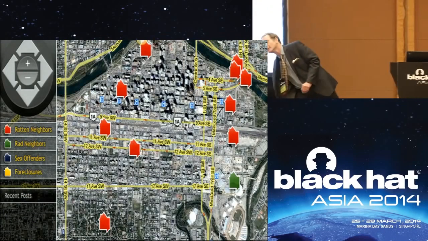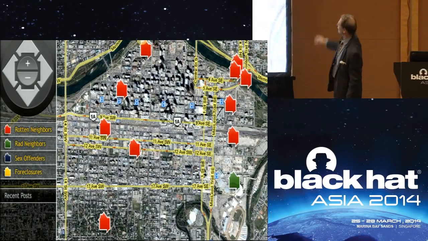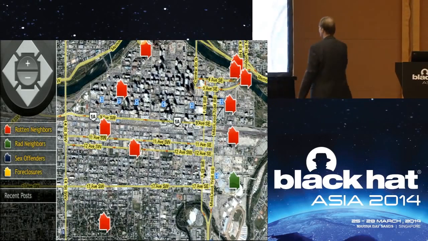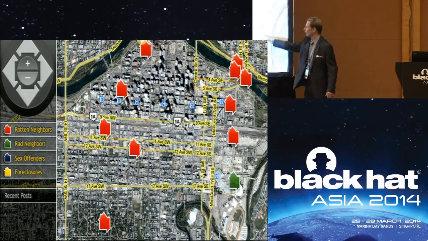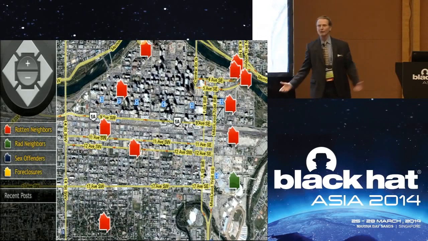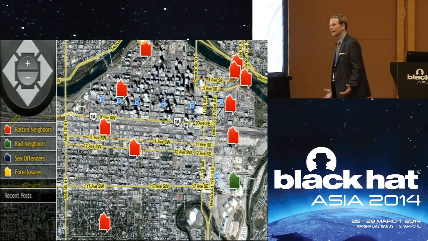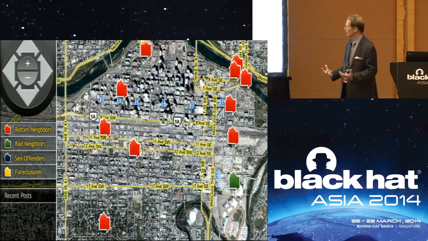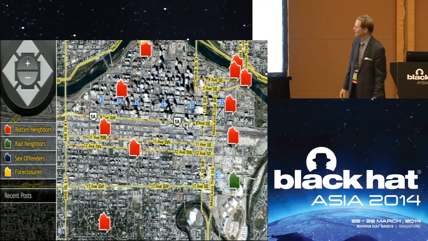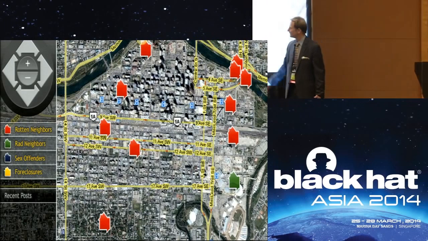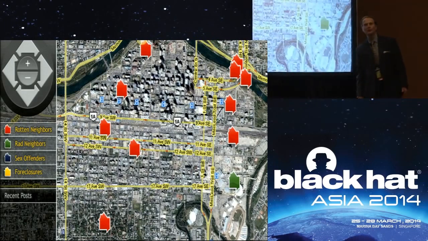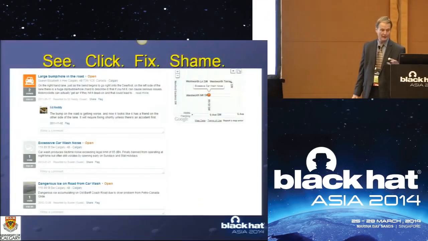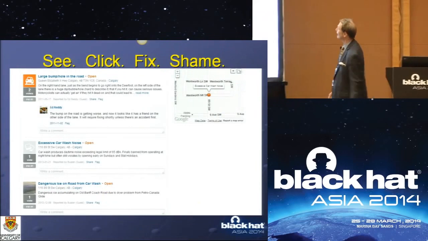In fact, I have the map of downtown Calgary. You will recognize, because you lived in Calgary, that we have the river, the Bow River there, and all the red houses are rotten neighbors. The only green house here is on what we call the Calgary Stampede grounds, where we have the Calgary Flames, our hockey team, and so on. So what this proves is that people are kind of inclined to complain about other people and say that they leave their garbage in the lane or something like that. You can even say that somebody is a sex offender, or that their house has been foreclosed on, their mortgage. So this website, luckily, doesn't exist anymore. Okay, it's gone. However, it's been replaced by other ones.